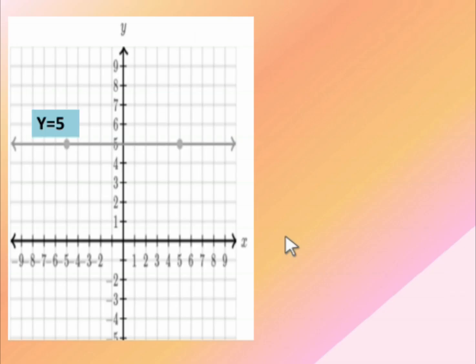Second thing, now just see this: y is equal to 5. So you have this point where x is minus 5, y is 5. Here again you have taken x as 5, y as 5. So you draw a line, y always remains 5, so the equation of this line is y equals 5. From the line we can guess the equation. From the equation, even without drawing, we can see where the line lies.